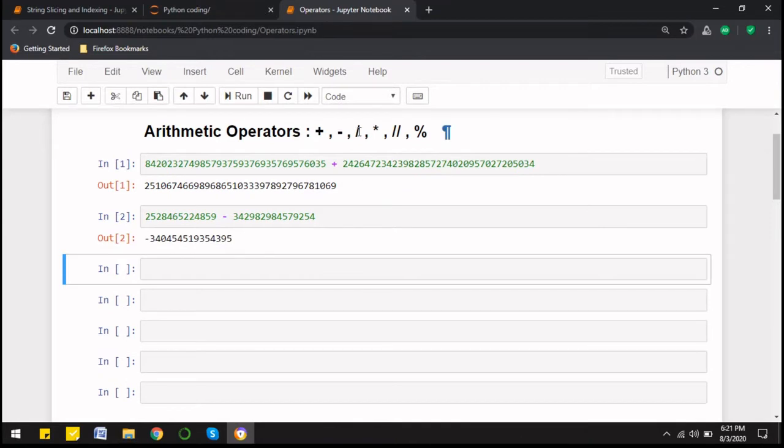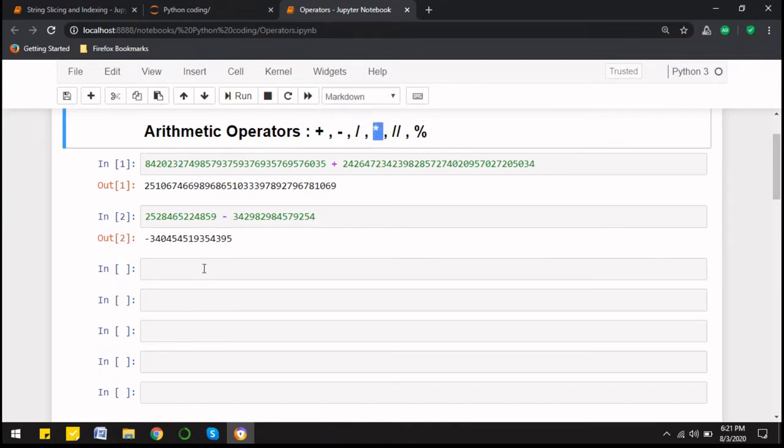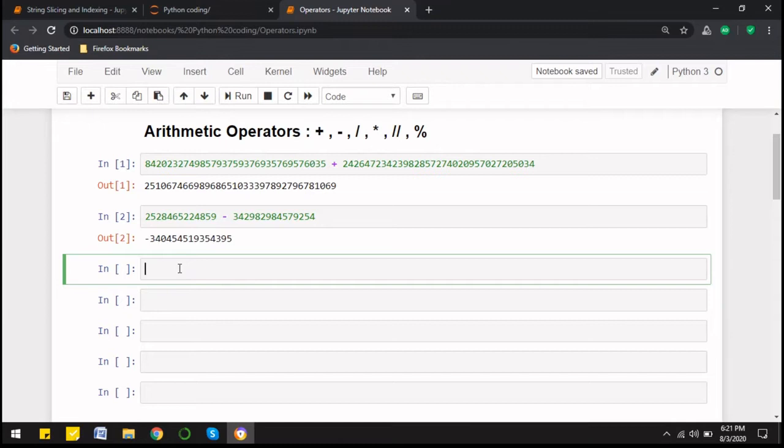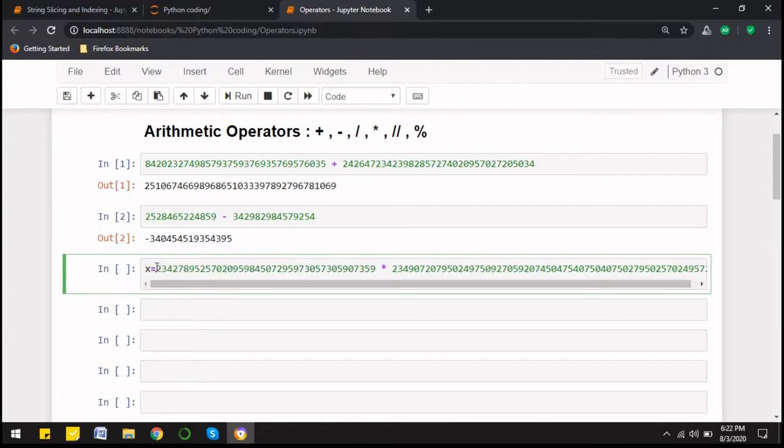Now coming to multiplication. Now see, in case of multiplication, let's say I take such a big number here, and then I multiply with again a very big number, right? To store such a big number in other languages we have to define the data types, but here we can simply write it in this way, and we can calculate the result in some variable, and store it somewhere, right?